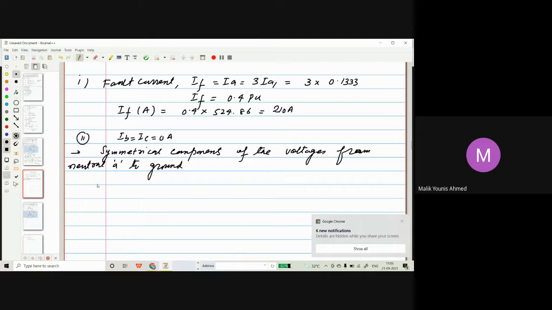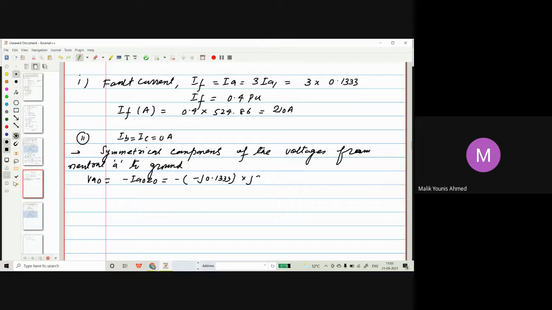That means VA0 will be equal to minus IA0 Z0. So we know the value of both these. Minus of IA0, which is minus J0.1333, multiplied by J3.4, and that should be minus